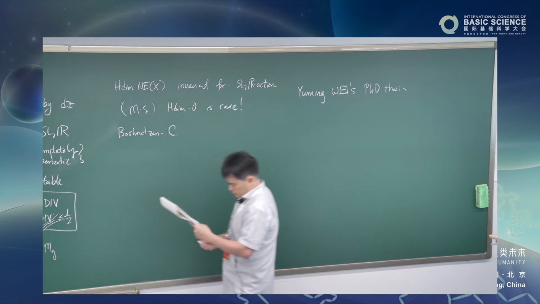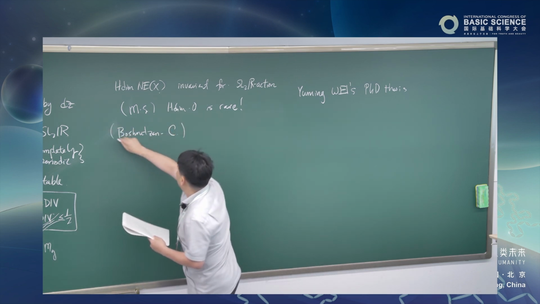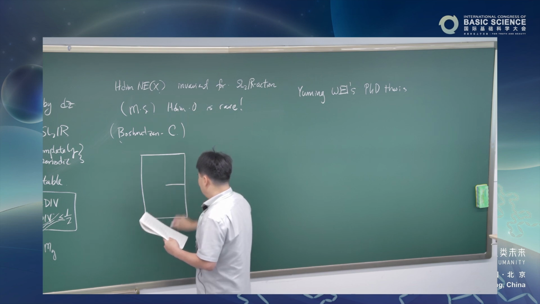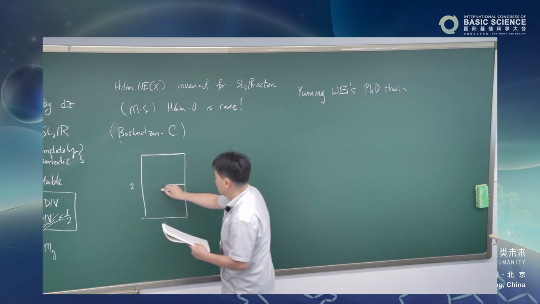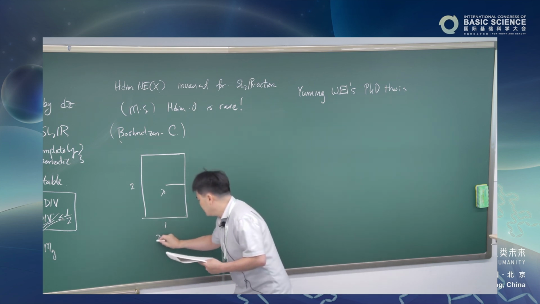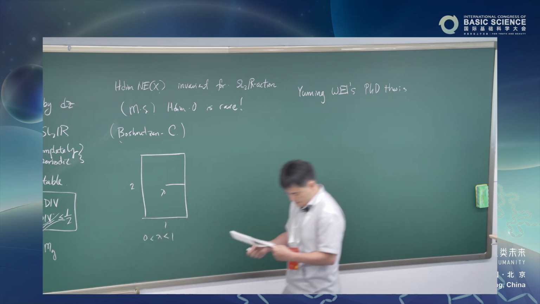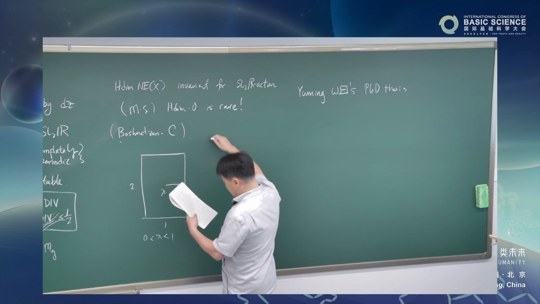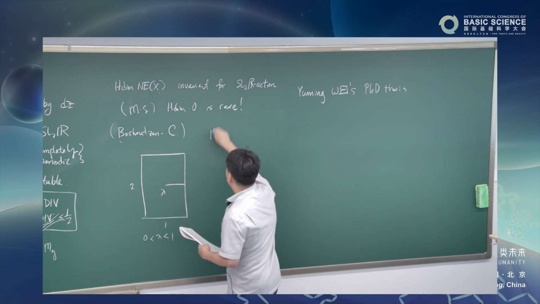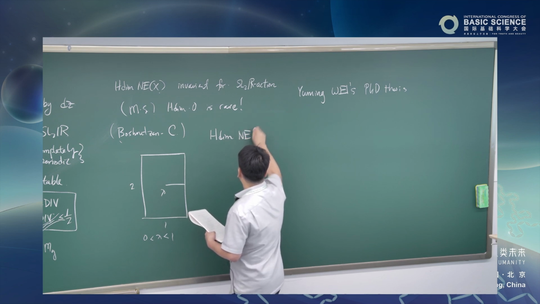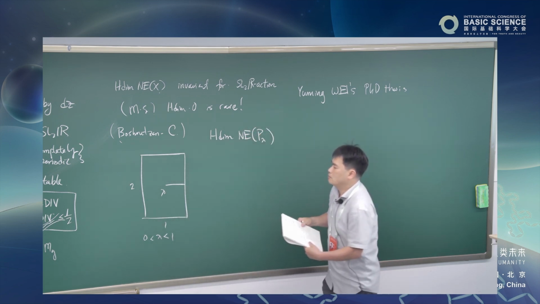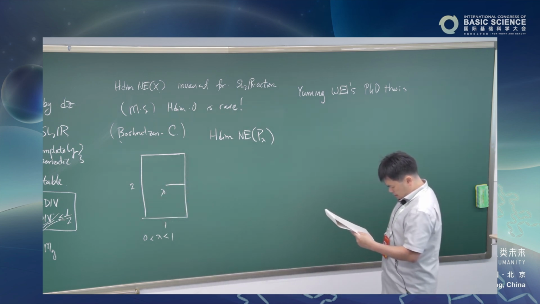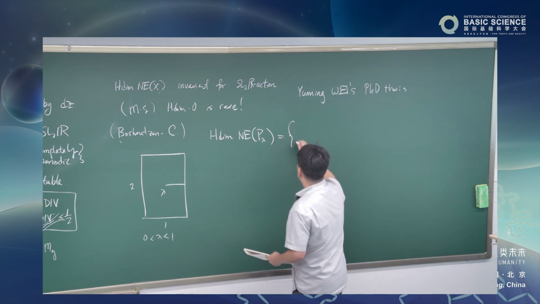So I'll mention, if we consider a 2x1 rectangle, and we put a barrier, say, of length lambda, where lambda is a real number between 0 and 1, then it was shown by Bugeaud and Cheung that the Hausdorff dimension of this table, so you play billiards in this 2x1 rectangle with a little barrier, is equal to 1/2